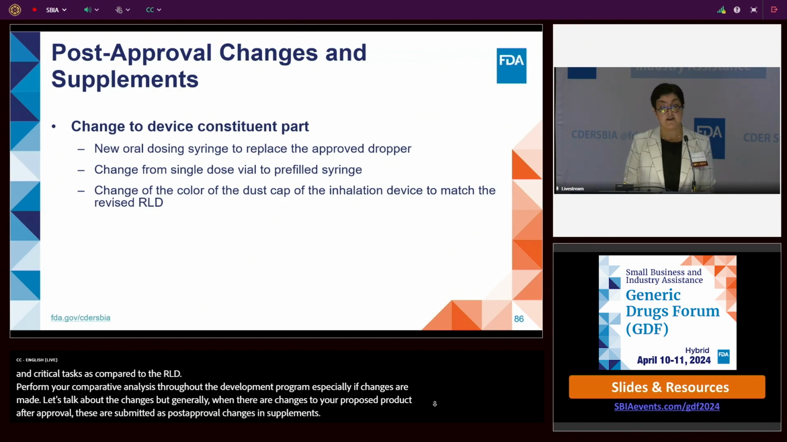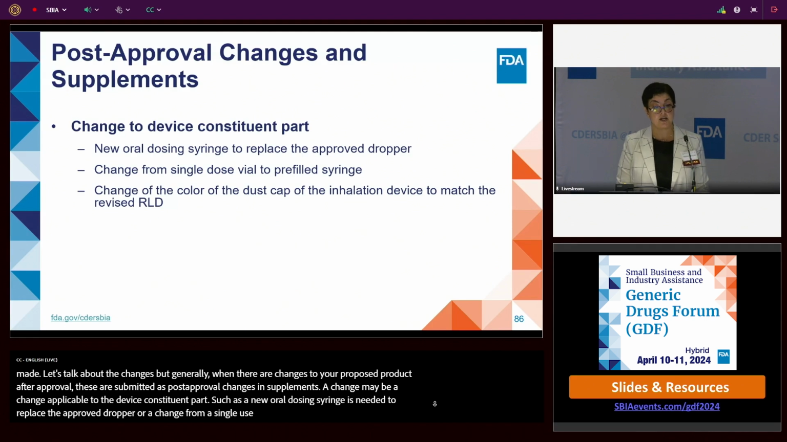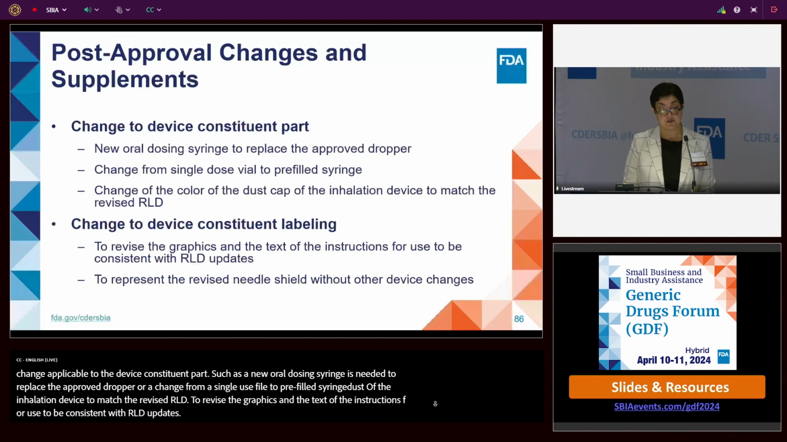For instance, if a new oral dosing syringe is needed to replace the approved dropper, or a change from a single-use vial to a prefilled syringe, or a change of the color of the dust cap of the inhalation device to match the RLD. Some of those changes may also apply to the labeling, to revise the graphics and the text of the instructions for use to be consistent with the RLD updates, or to represent the revised needle shield